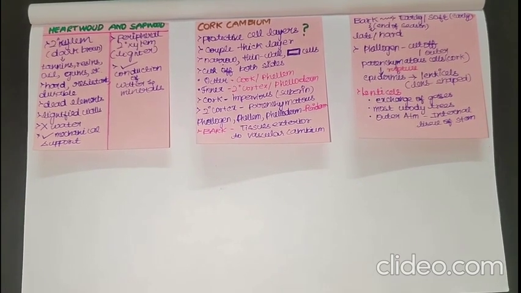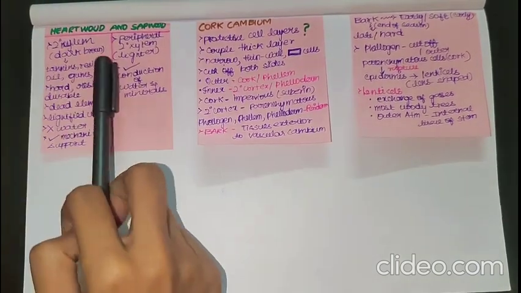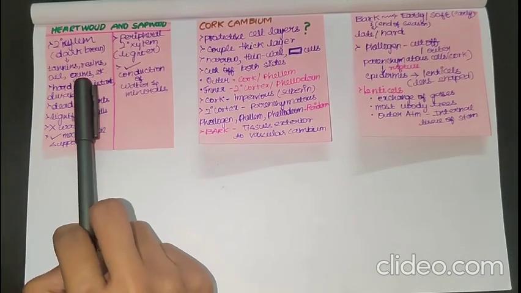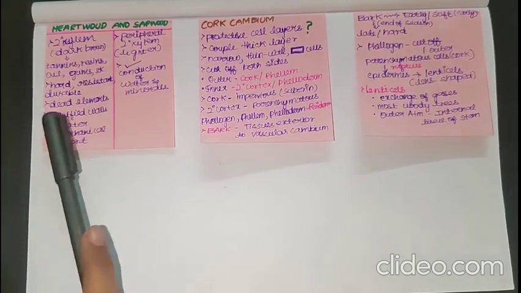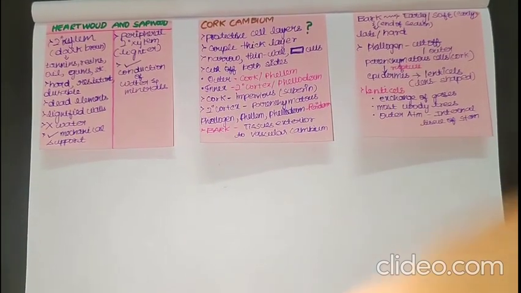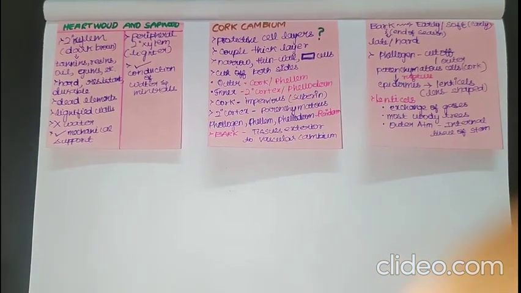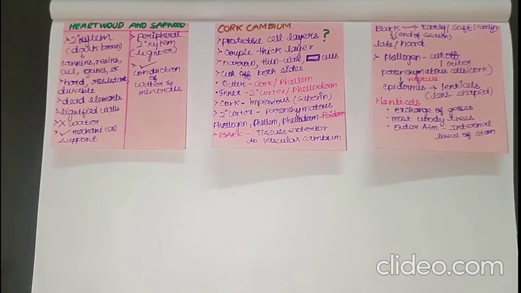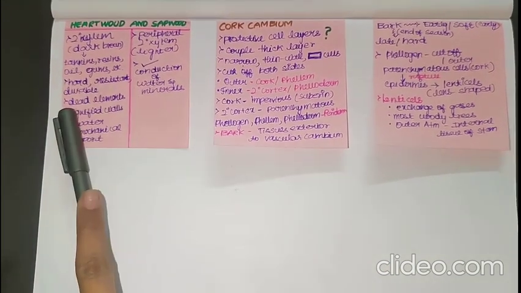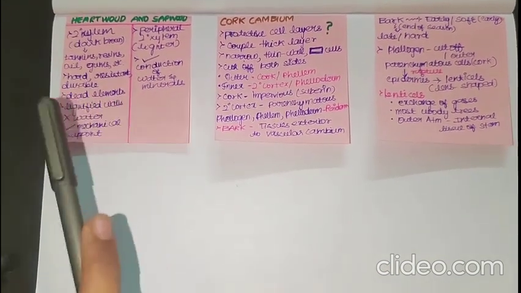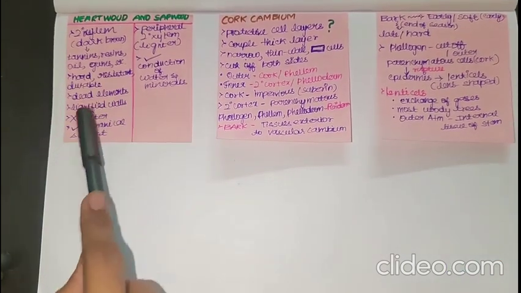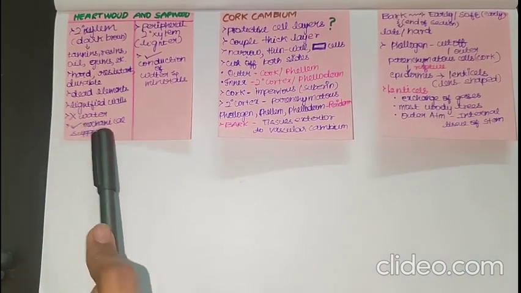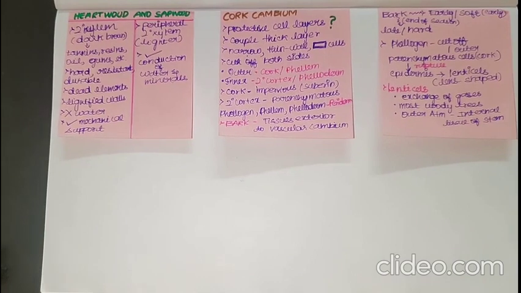To talk about the heartwood, here the secondary xylem will be brown in color. This is due to the presence of tannins, resins, oils, gums, etc. They are also hard, resistant and durable because they have many substances deposited over them as a layer, and they are also dead elements with lignified walls. So there is no conduction of water in the heartwood, and they provide mechanical support